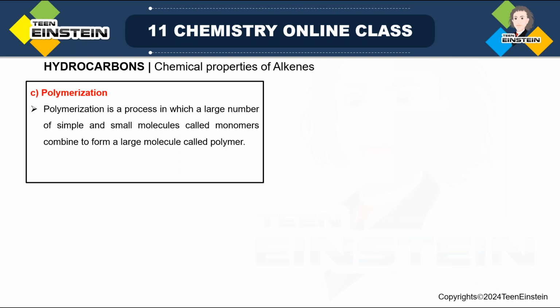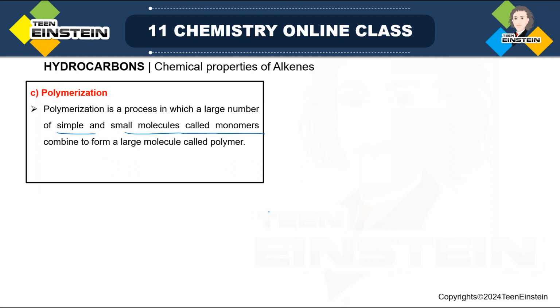Now under oxidation we have finished all the reactions. Now we have reached C, which is polymerization. So addition done, oxidation done. Number 3 is polymerization. Polymerization is a process in which a large number of simple and small molecules that are called